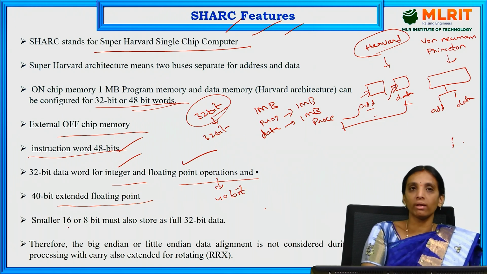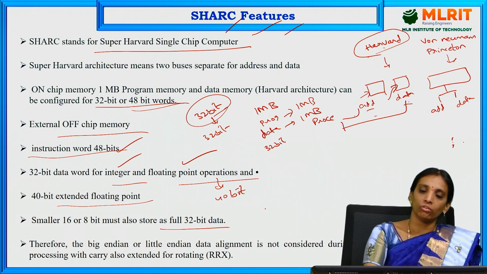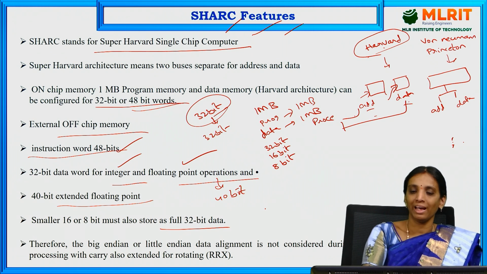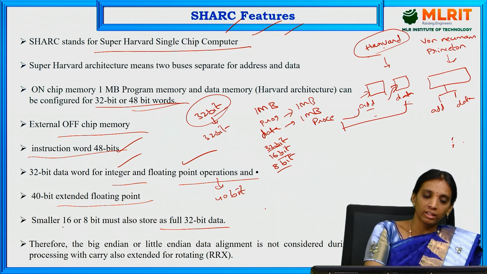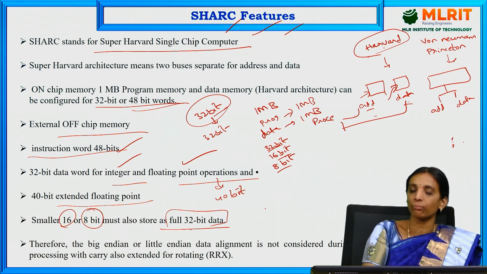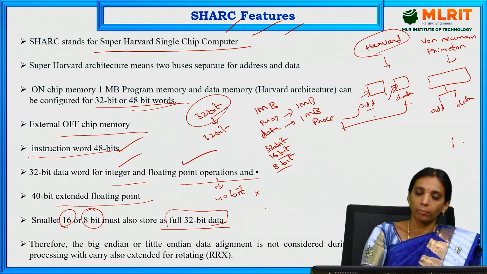The smaller 16 and 8-bit data must also be stored as full 32-bit data. In the ARM processor we have seen that we can store either 32-bit data or 16-bit data or 8-bit data as the same size. But in the SHARC processor, either 8-bit data or 16-bit data is stored as full 32-bit data. So that means here